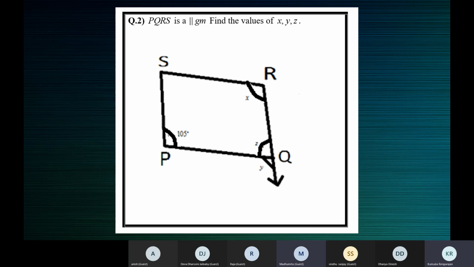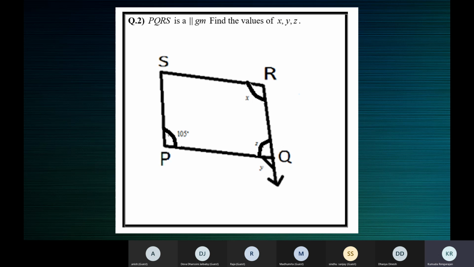Very good. But we can put it like this. A transversal is a line. It need not be a line segment. A transversal is a line which intersects two or more lines. The lines need not be parallel. When two or more lines are intersected by a transversal, alternate angles are formed, corresponding angles are formed, and you can also identify co-interior angles.